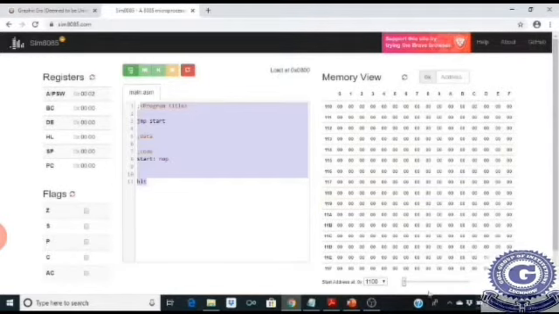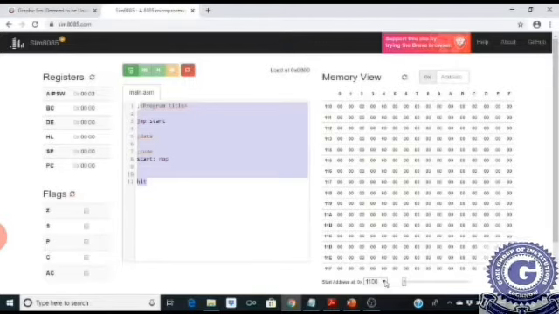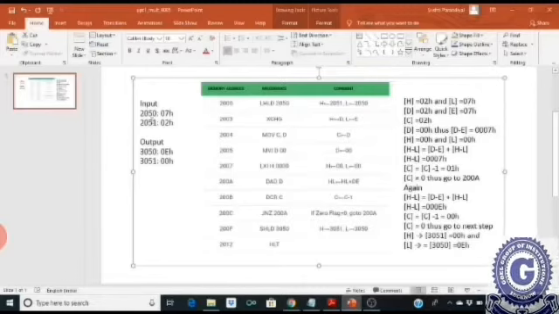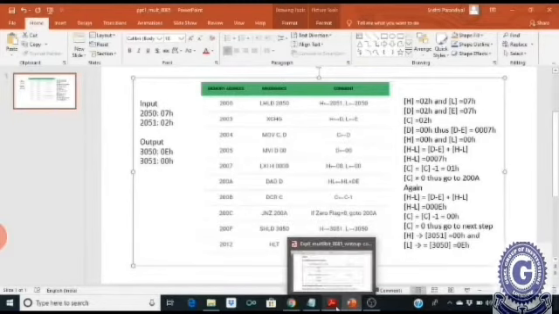For our program we require input locations 2050 and 2051.